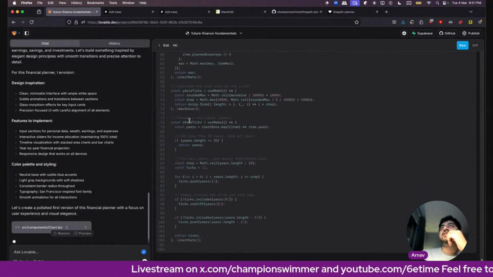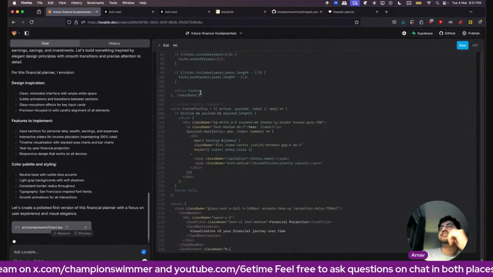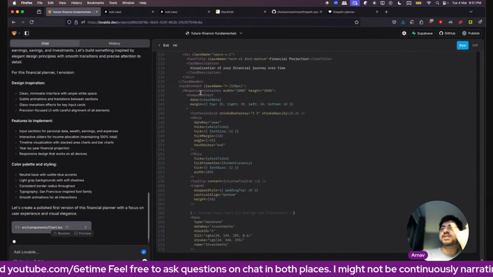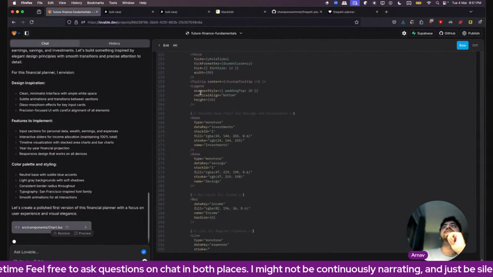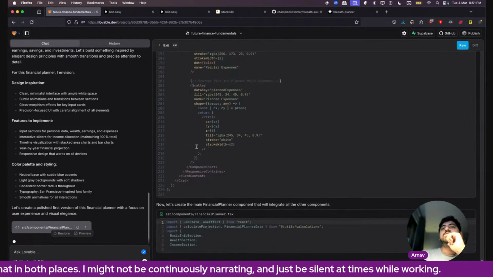It is already calculating a bunch of these, the mathematical calculation for making the percentages constrain each other and all of that. Sounds good. It's making the charts as well.